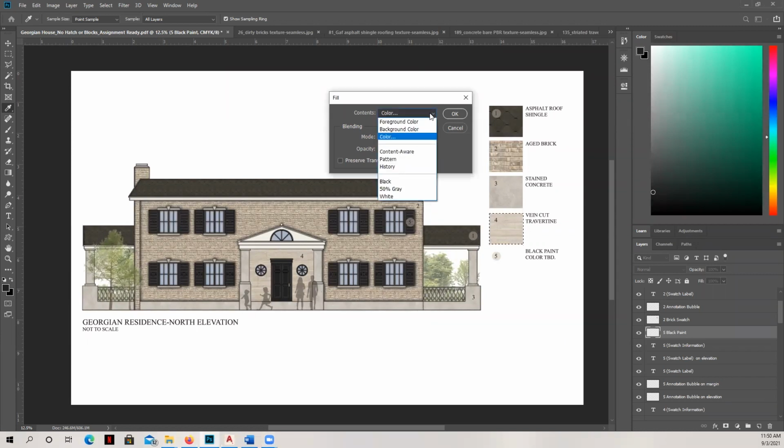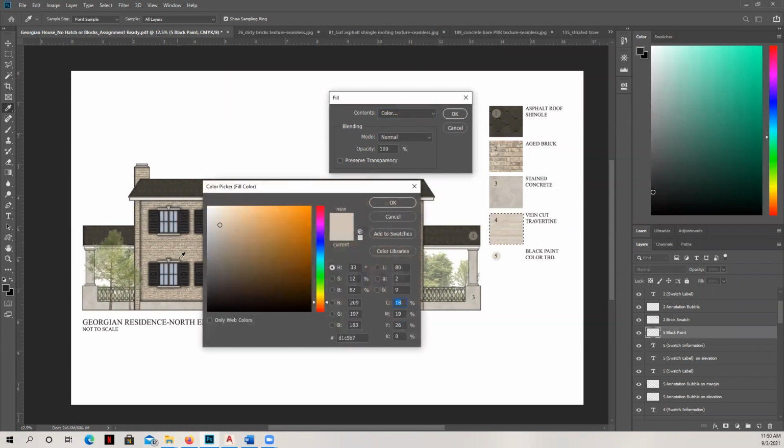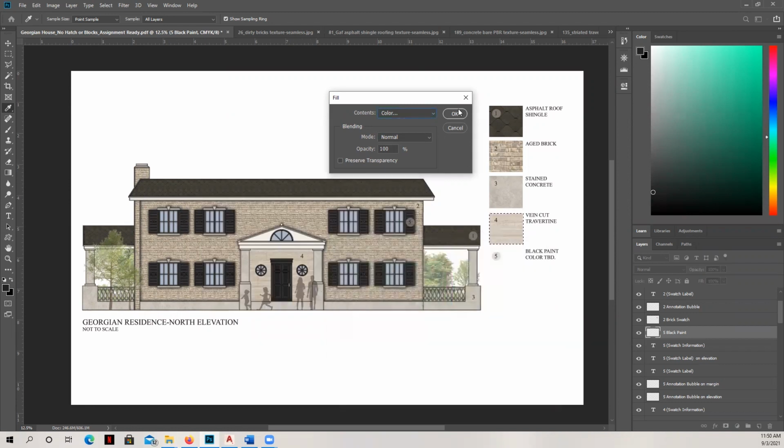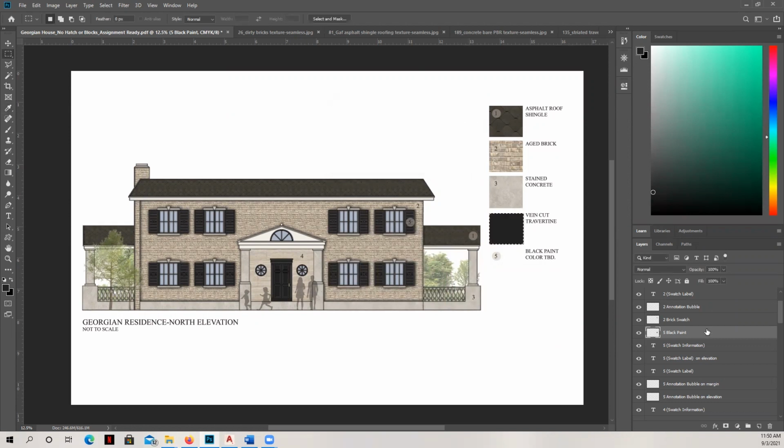Okay, I just created a new layer, and then we'll go ahead and grab from the middle of the door, and we'll hit OK and OK. And then all I have to do is just move that swatch down. And we have to make sure that it's under all my other labels. Okay, perfect. And then we can see it correlates directly to that 5.